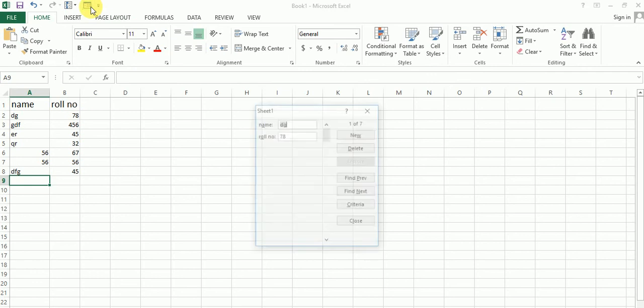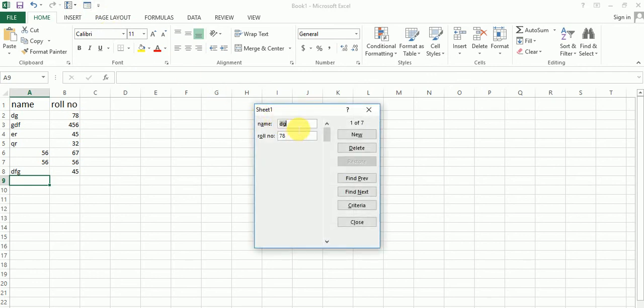I will repeat again. Suppose DG is the criteria, and the roll number is 78. Press the Enter key. DG 78.